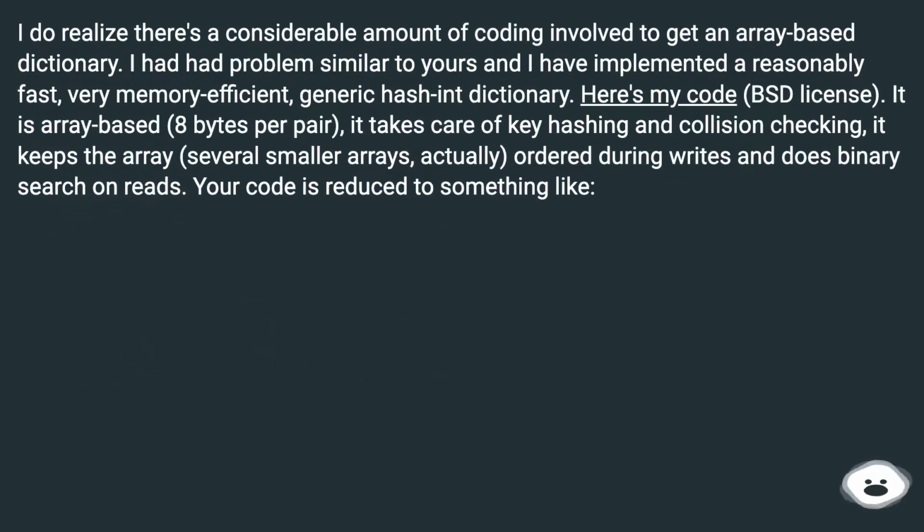I do realize there's a considerable amount of coding involved to get an array-based dictionary. I had problems similar to yours, and I have implemented a reasonably fast, very memory-efficient, generic hash-int dictionary. Here's my code, BSD license. It is array-based, 8 bytes per pair. It takes care of key hashing and collision checking. It keeps the array, several smaller arrays actually, ordered during writes, and does binary search on reads. Your code is reduced to something like